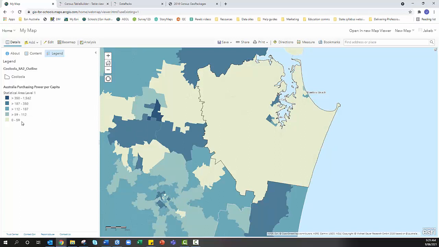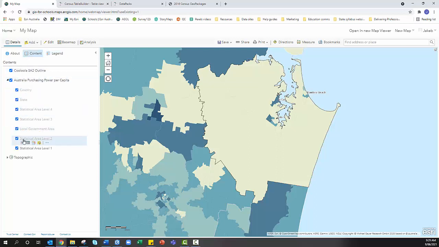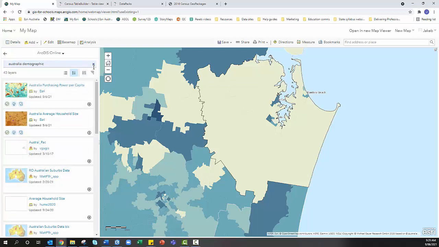So that's just a really quick tip. There's a lot of data within that data set itself, and you can just change the attribute that's being shown at any one time. And hopefully that's a bit of a workaround. And the reason we're talking about this as a bit of a workaround is that